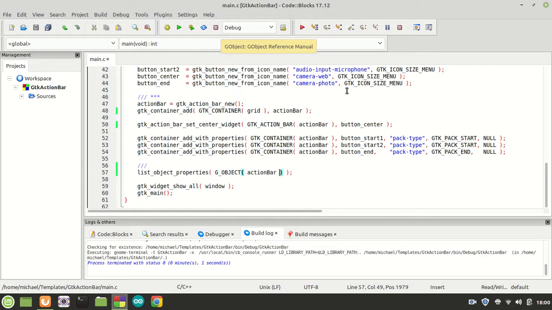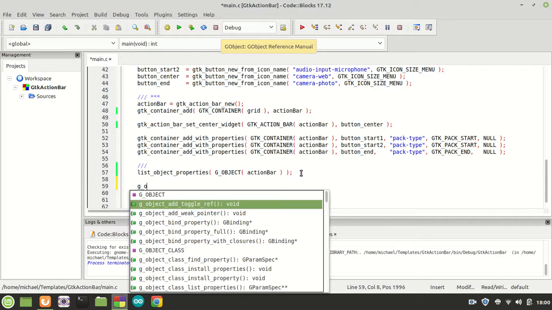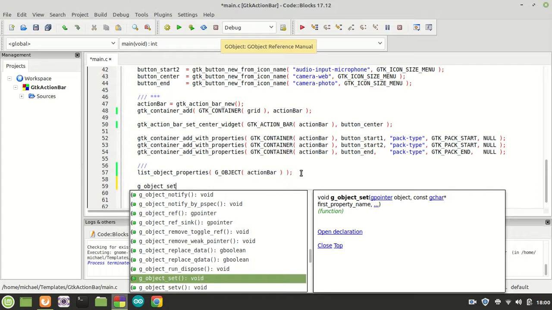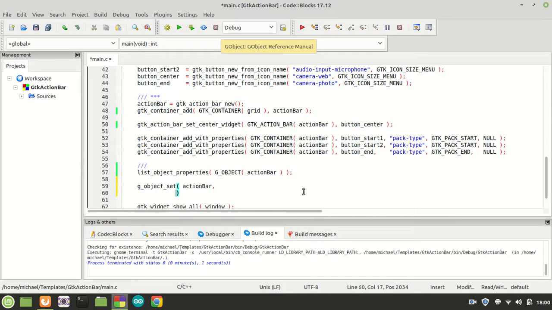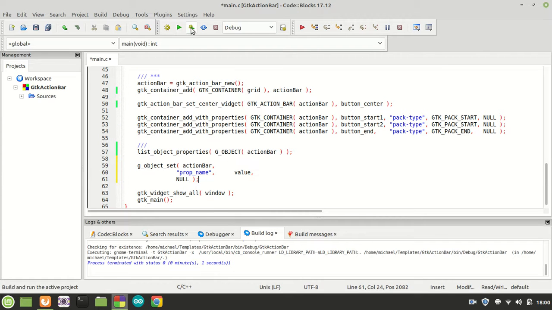Now, because we do have these properties, with the help of g_object_set, or whichever function you want to set the properties, you can call it, and you can set the properties. Here will be a property name and the value, something like this. So, which means if I compile it now and run it,